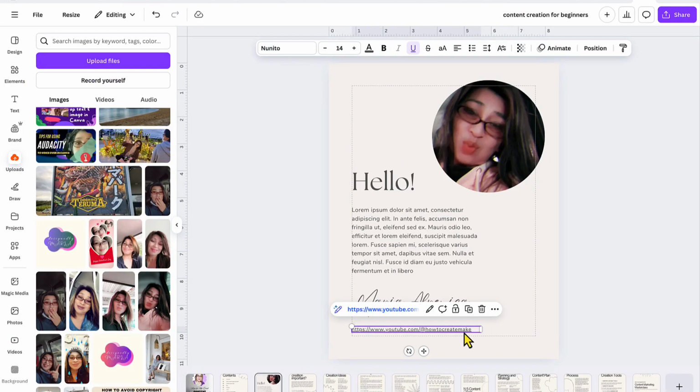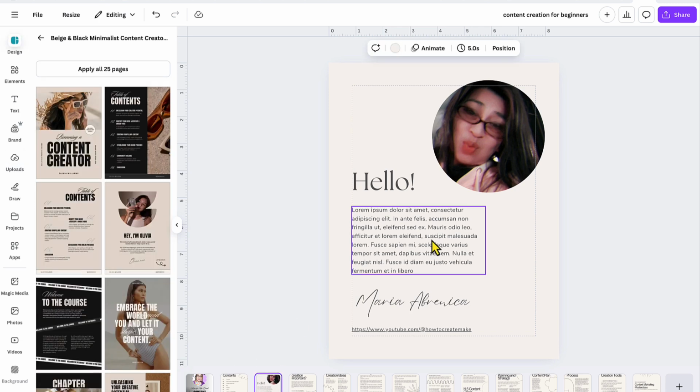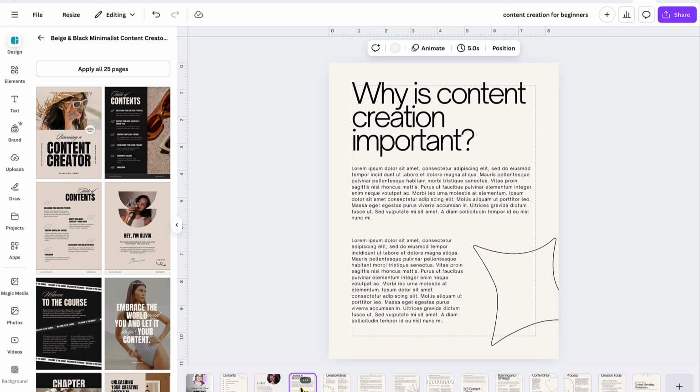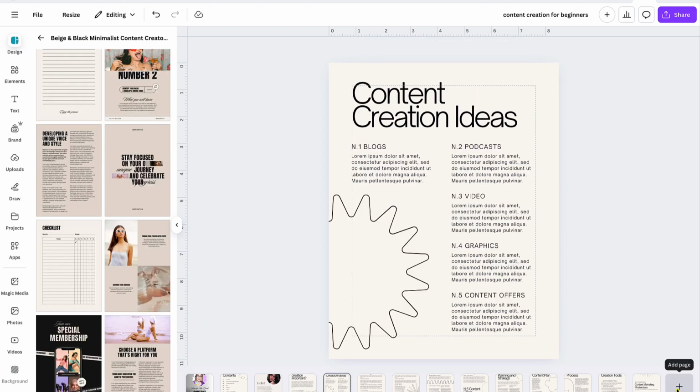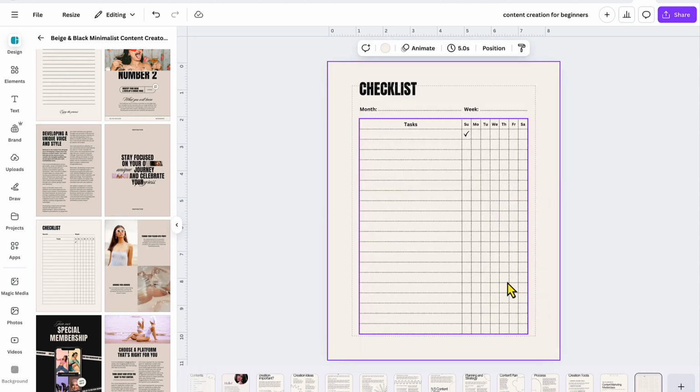If you want to link to your website, your channel, or another social media platform, you can just link it in here. Alright, so after that, guys, just keep on editing each page, and if you don't need it, you can just delete it, or you can add another page if you want to. Let's say here at the back you want to add some notes, you can just click this one and maybe add a checklist here, so you have a checklist for your